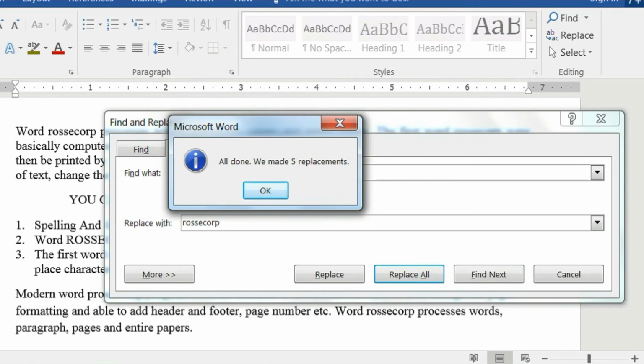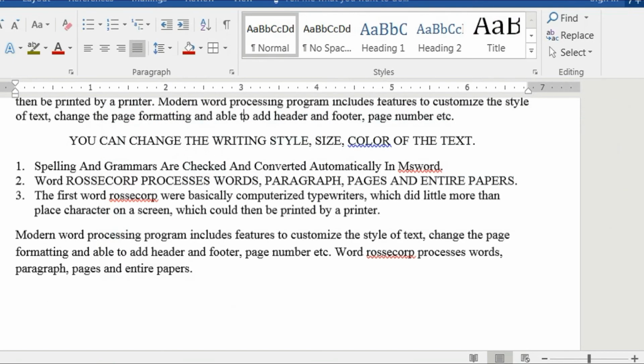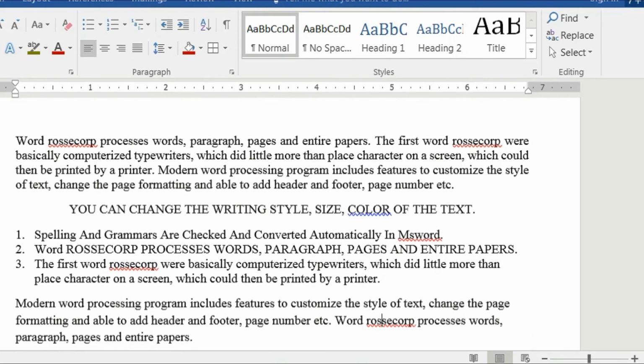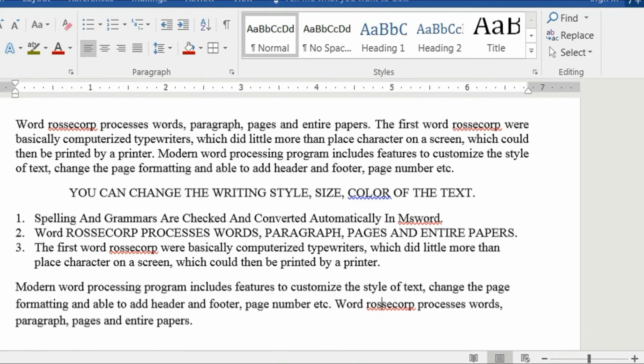we counted that we are having 5 processor. The word 5 are there in this document, so it has been replaced in all the 5 places. So for that, let's see whether it is changed or not. Yes, here see, it has been changed. That is the first one, this change. Second, and here is the third, and the fourth one is here. And where is the fifth one? 1 2, okay, 3 and 4, something is inside here only.